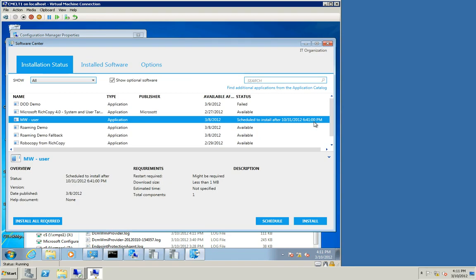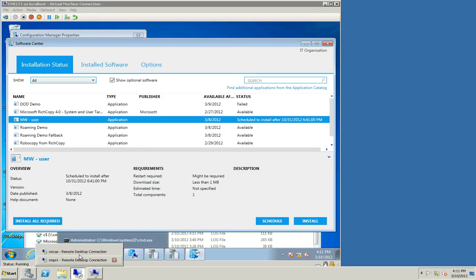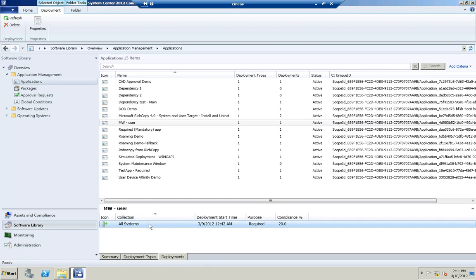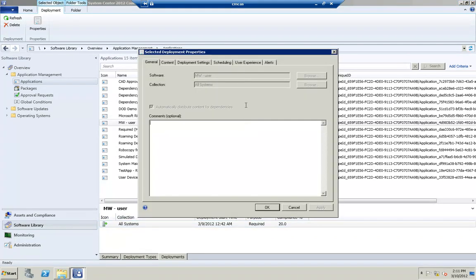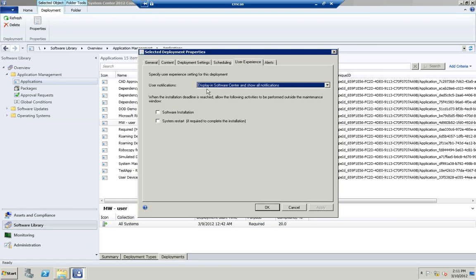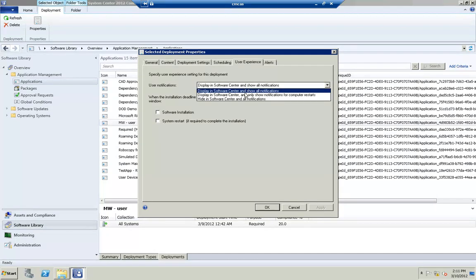And depending on configuration, you, as a user, may just see it in Software Center, or you may see pop-ups and so on outside of Software Center. Let me show you what I mean by that, just as a reminder. If we go back to the deployment, go to Properties, and take a look at our User Experience tab, here we define that we want to display user notifications in Software Center and show all of them. Or we can hide all notifications in Software Center,